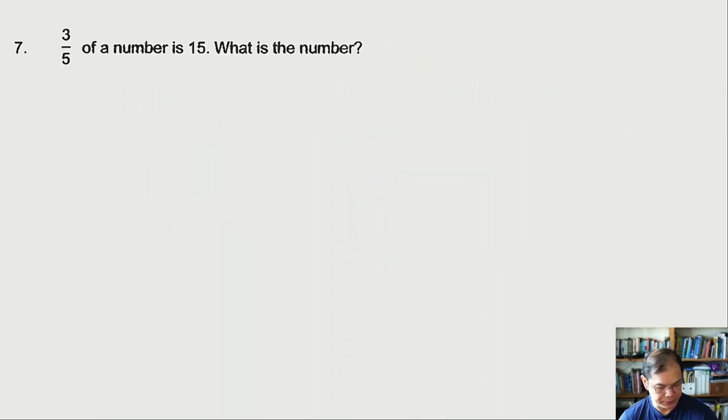Okay, number 7. 3/5 of a number is 15. What is the number? Okay, a common mistake is that a lot of you just take 3/5 times 15. No, read the question carefully. 3/5 of a number, so which means 3/5 of a number gives me 15. Okay, which means